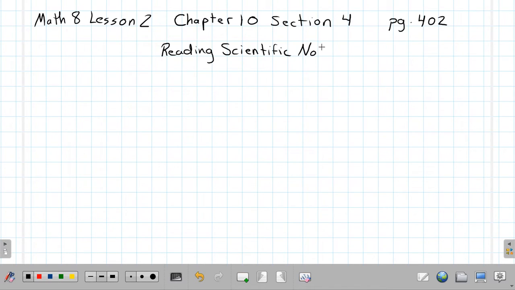And this is important for a few different reasons. The big one being later on in your science classes, that's why it's called scientific notation. This is something you're going to have to be able to do because a lot of things in science, especially chemistry and physics, and astronomy, do rely on your knowledge of scientific notation in order to know what's going on